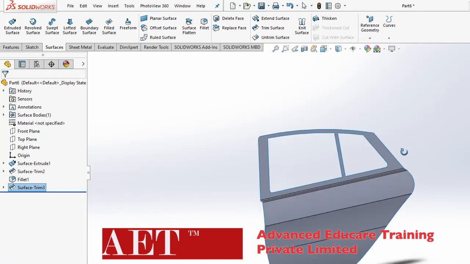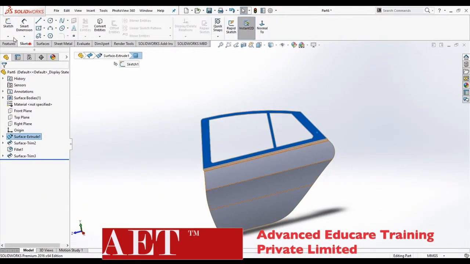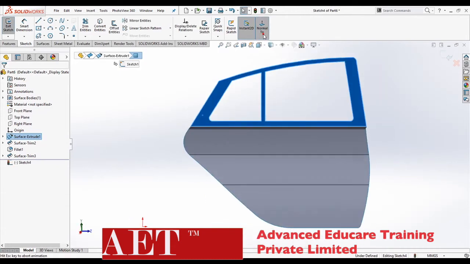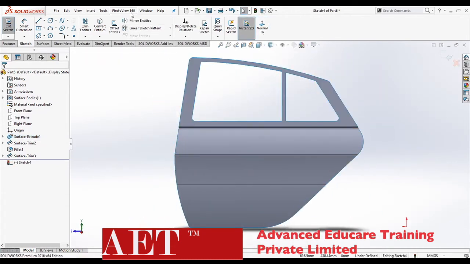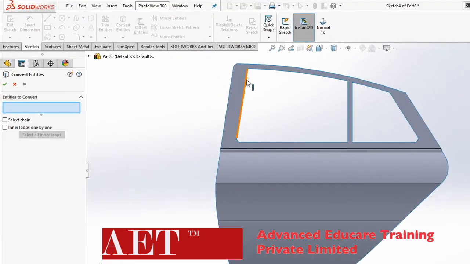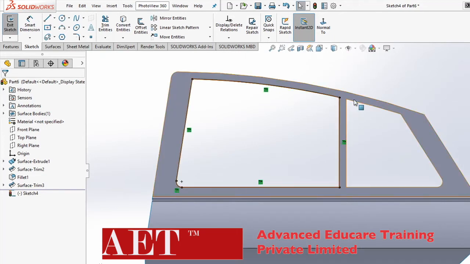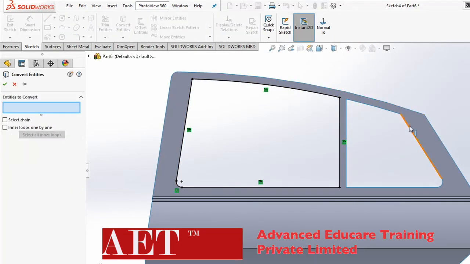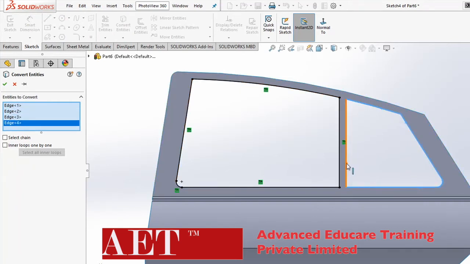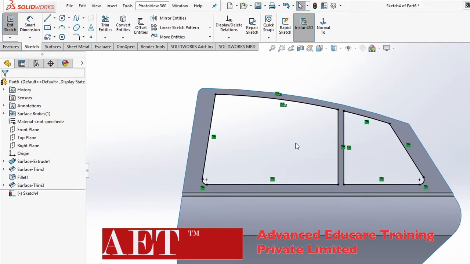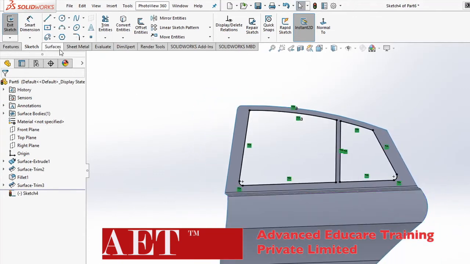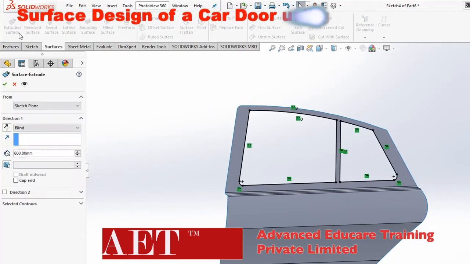Now select this face, go to sketch, keep window normal. Select convert entities and choose all the sharp edges of this window cut, and convert into the sketch. Also in this cut, take convert entities, select all sketch edges and click on OK. Now go to the surface tab, extrude surface and keep